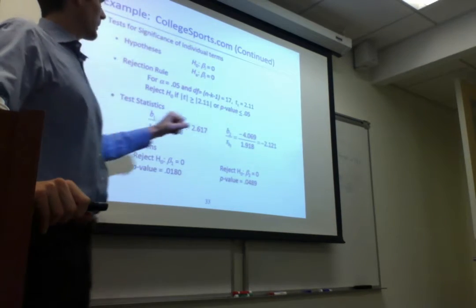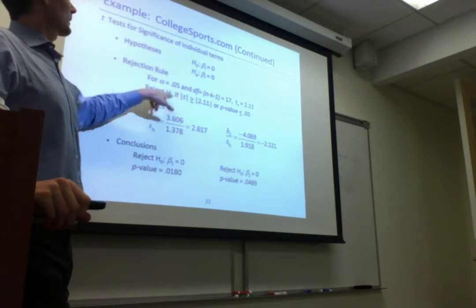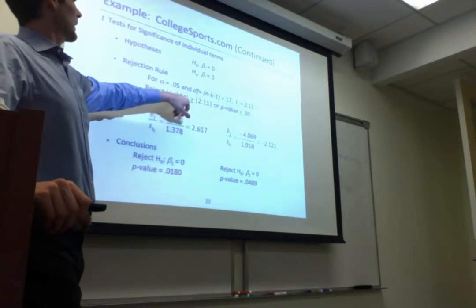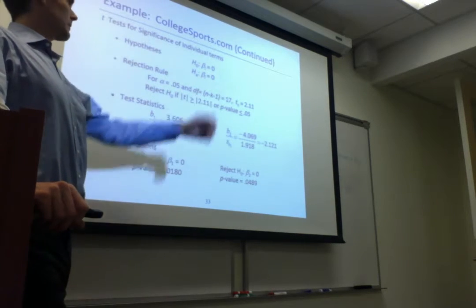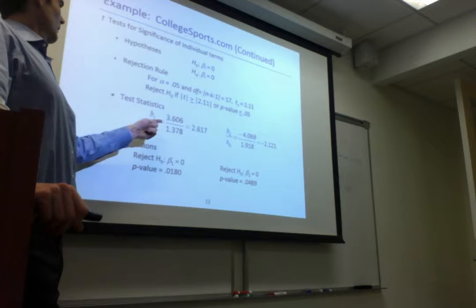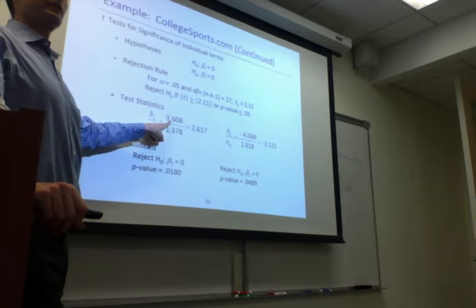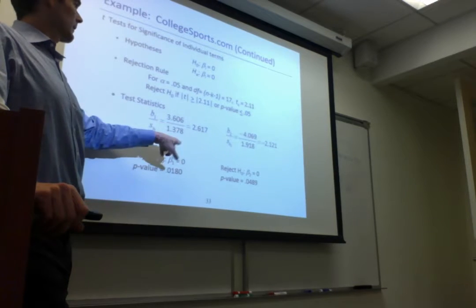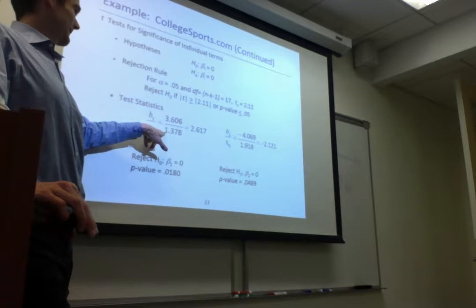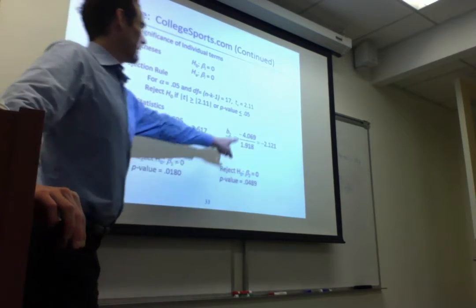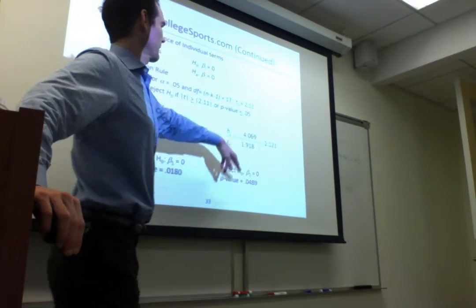Okay. So we flipped in the back of our book. We said the critical value for t is 2.11, and we're going to reject the hypothesis that the slope is equal to 0 if the absolute value of the test statistic is greater than 2.11, or if the p-value is less than 5%. Our test statistic for the field goal percentage: remember the coefficient for the slope is 3.6. We divide that by the standard deviation of the sampling distribution of the sample slope, and we get 2.6. We do the same thing with turnovers per game. Remember, it was a negative relationship, and we get negative